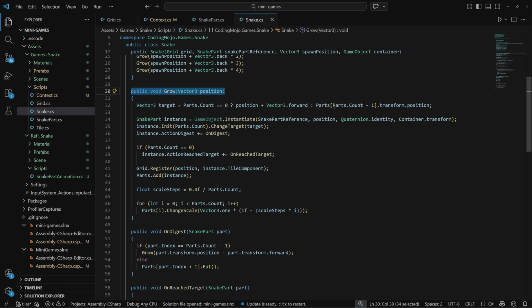Now, let's look at the grow function. It takes a position where the new part will be spawned. First, it computes a different target position if part is head or not. Then, we instantiate a new snake part, subscribe to its action digest, and if it's the head, subscribe to its action reach target. We then register the part in the grid, add it to the part list. Finally, since a new part was added, we update the scale of all parts so the snake keeps a proper